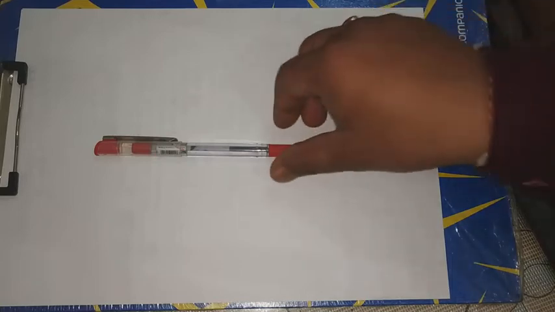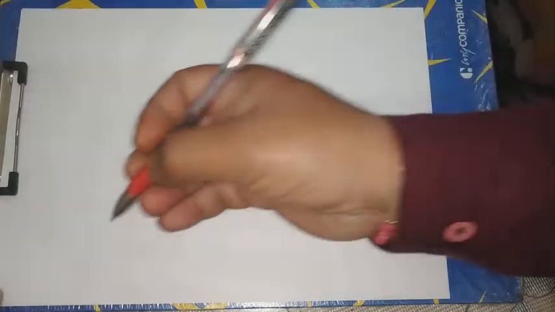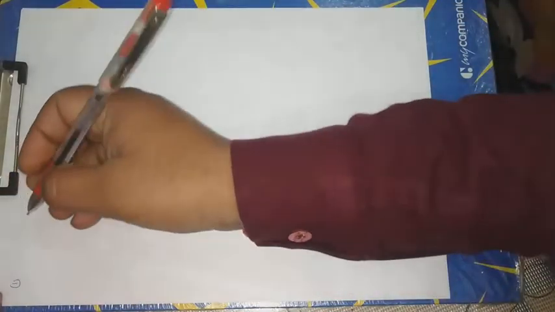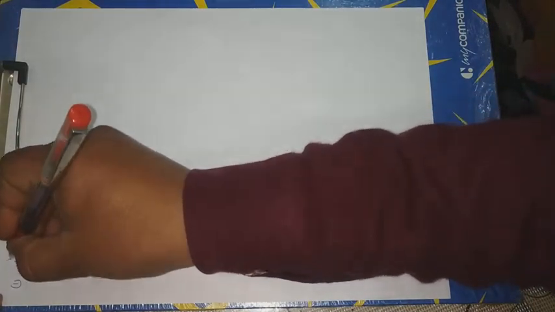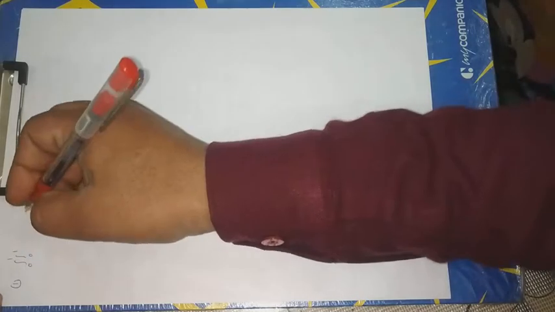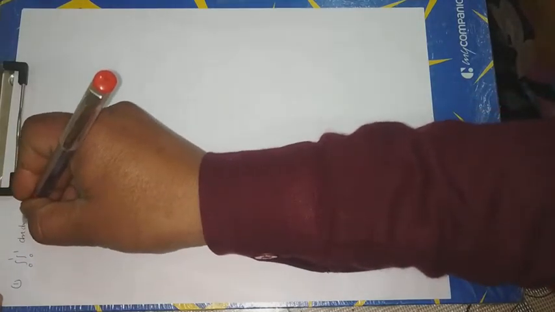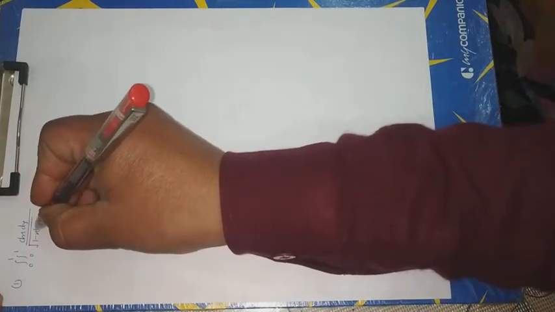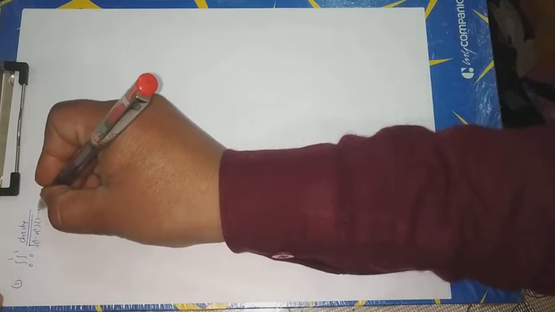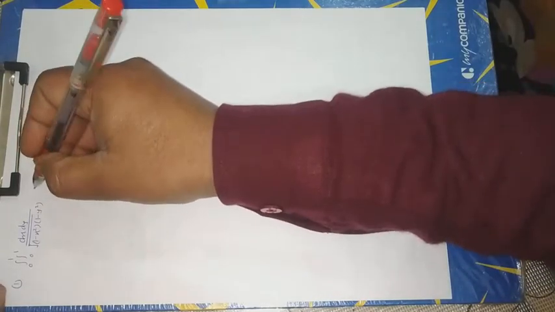Today we will discuss multiple integrals. Now there are some solved problems of multiple integrals. Problem number one: evaluate the integral with limit 0 to 1, integral limit 0 to 1, dx dy upon under root 1 minus x square into 1 minus y square. Now the solution is